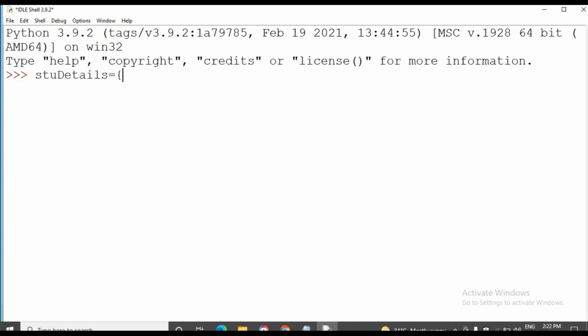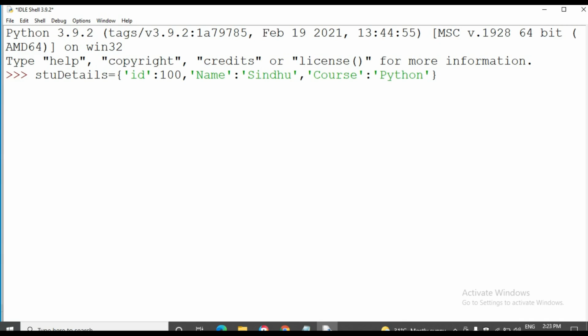I'm creating the student details dictionary. Student ID, 100, name, and so on. Okay, I have created the dictionary for student details.